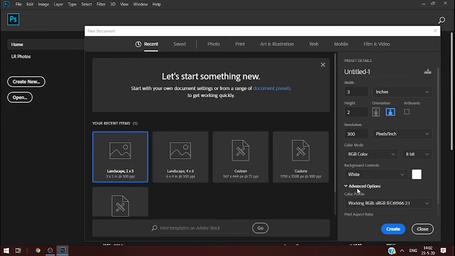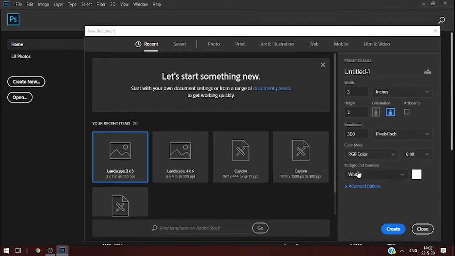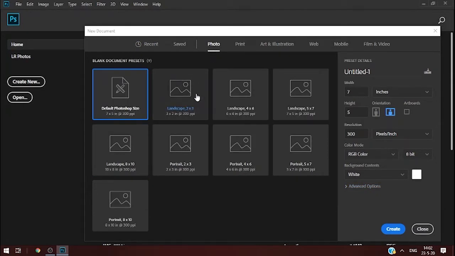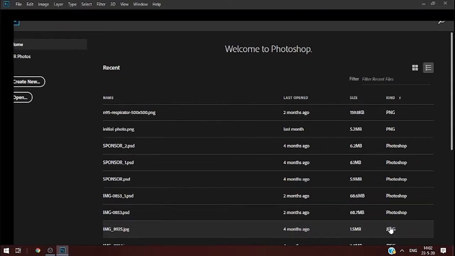And there are also a couple of other advanced options available. I'm not going to dive into this too much at the start, so I'm going to take some already available presets. So I'm going to choose this and create,